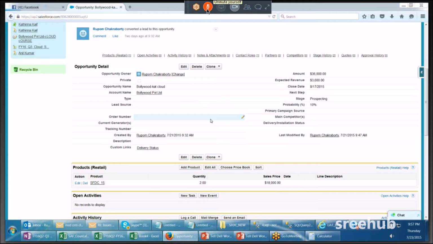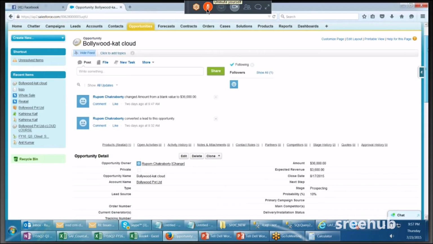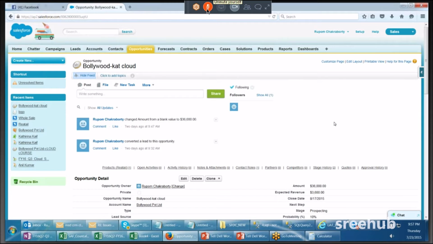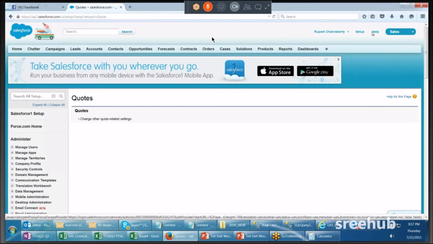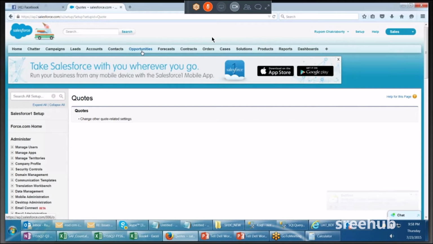To send a quotation in Salesforce, you have to activate the quotation. The quotations are not activated by default, right? So you have to go to setup, write down the quote activation step. You have to click on setup, right? Quote activation. Let's see first what the step is, okay? So to activate a quote, you have to click on setup,